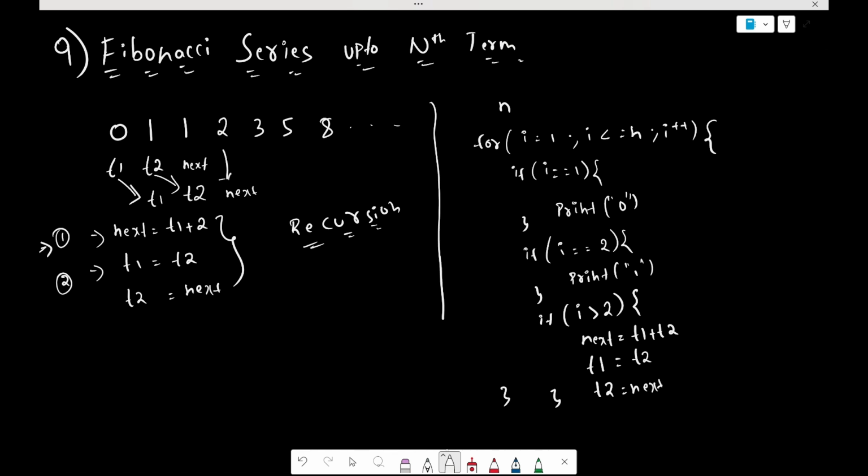Because by solving in this normal approach by doing a for loop, the time complexity is big O of n, but the time complexity for solving the problem in recursion is 2 power n. So whenever the value n is large, then the time complexity would be so much. So this is not recommended, but